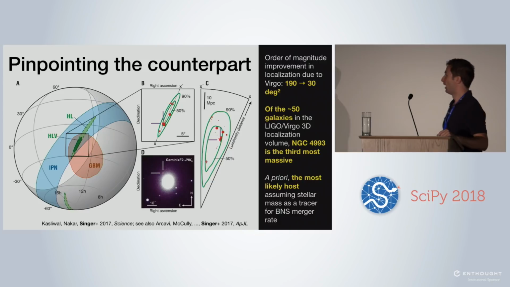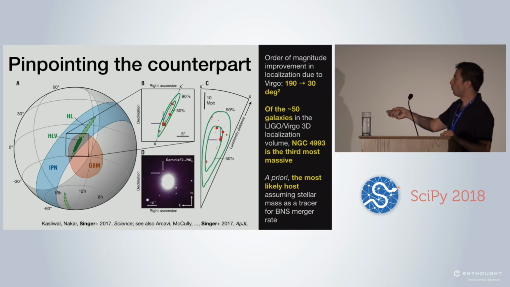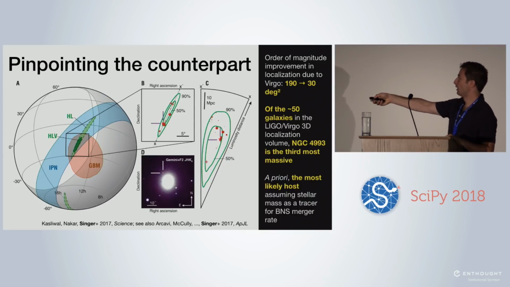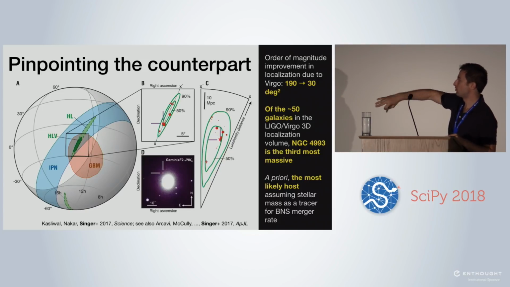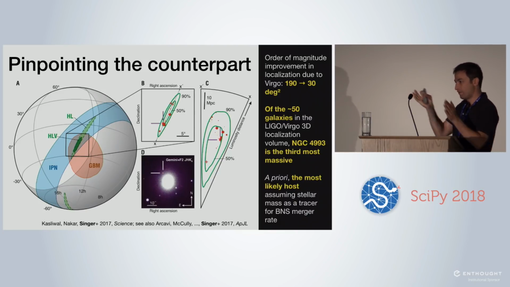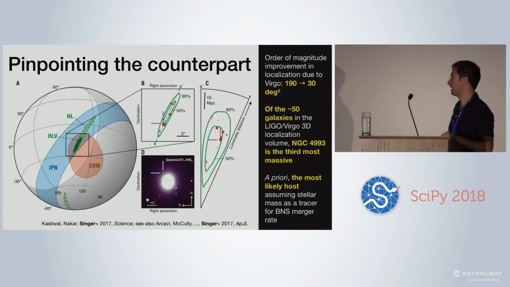So even better, because the source was so well localized, we could take many different approaches to finding this counterpart. So we could take a very wide field of view telescope and just tile that whole region, that whole green region there. Or we could pick out individual galaxies and look at each of them with a very small field of view but very sensitive telescope and check if anything new had appeared in that galaxy. Both techniques were taken,